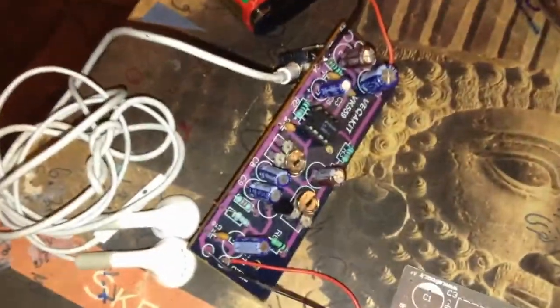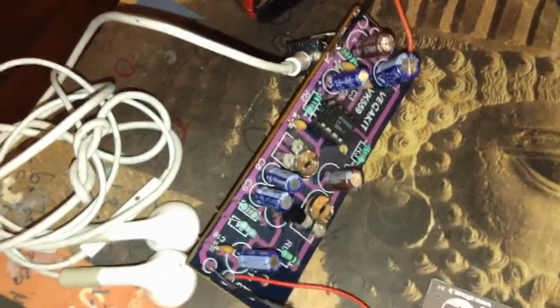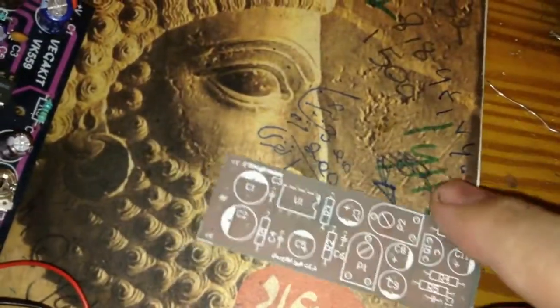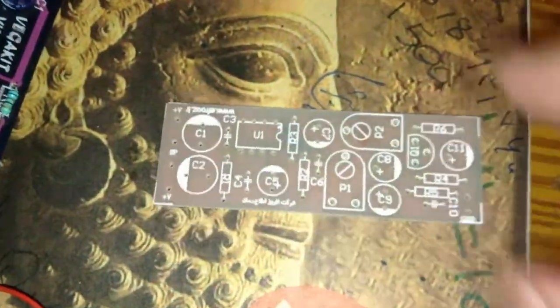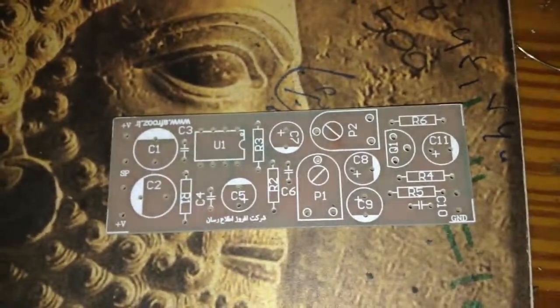This project I found in a Dubai electronics shop for like 15 dirhams, around 3 or 4 bucks, and I tried to make a nice non-commercial copy just for fun and just for hobby. This version, mine, is a little bit compact,